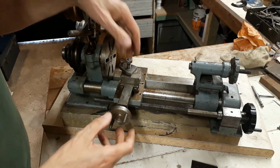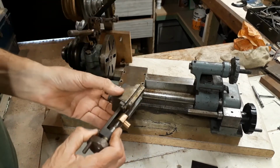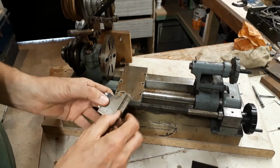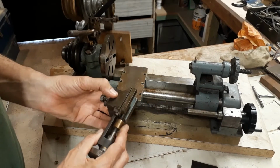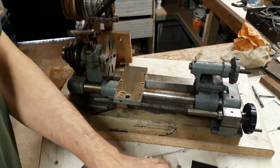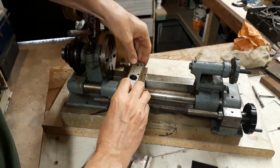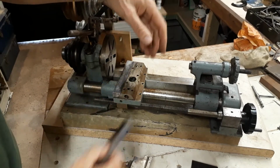So I want to upgrade the cross slide. Originally it had slots down the side here and L-shaped gibs. Now that doesn't allow for easy adjustment. So a long time ago what I decided to do was to replace the whole cross slide with a new arrangement, and I started to fabricate this on my lathe,